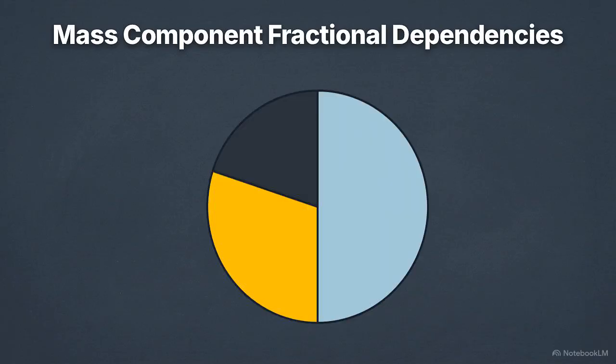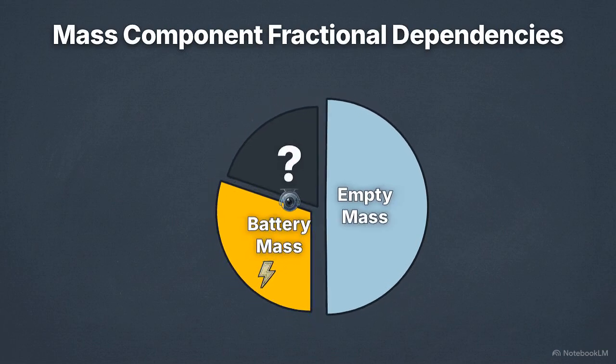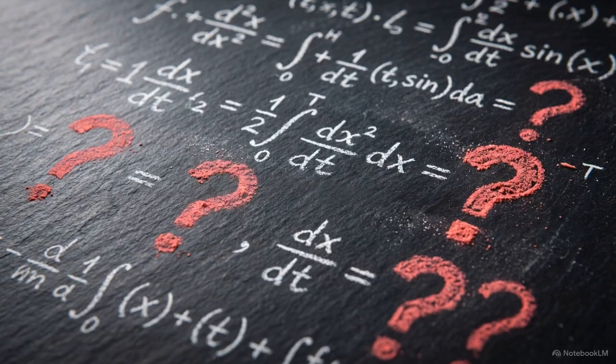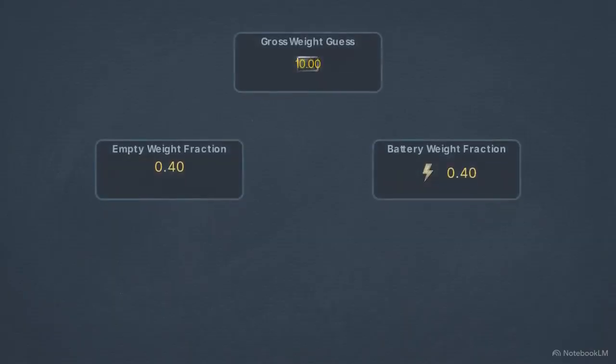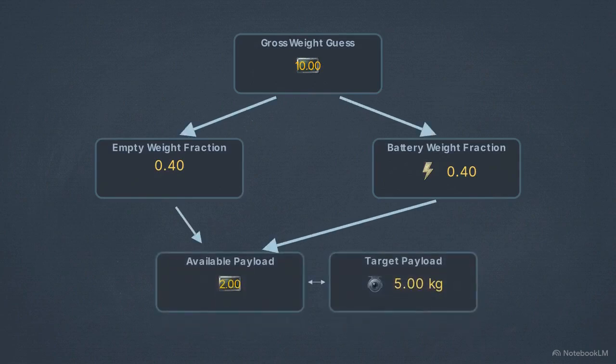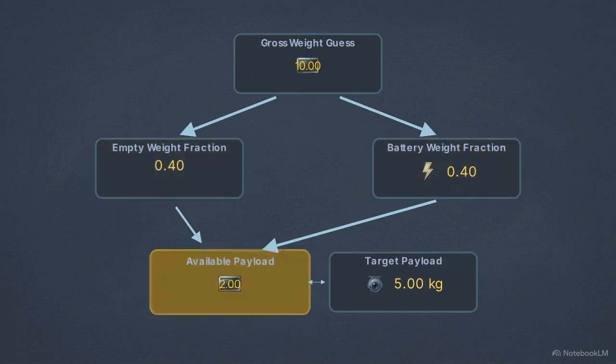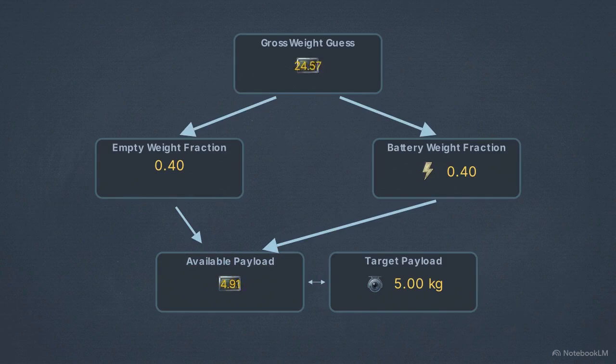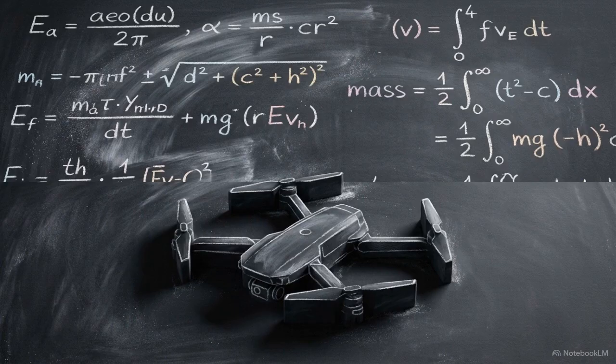Because empty mass and battery mass are defined as fractions of the gross takeoff weight, the equation cannot be solved in a single pass, while the total weight is still an unknown variable. We resolve this through an iterative mass convergence loop. We feed an initial guess for the gross weight into our fraction multipliers, which calculates a resulting available payload weight. The loop then continually adjusts the gross weight guess up and down. The iteration stops when the calculated output precisely matches our required mission payload. This exact convergence calculation forces our abstract aerodynamic power requirements into hard mass numbers, providing the firm constraints needed to